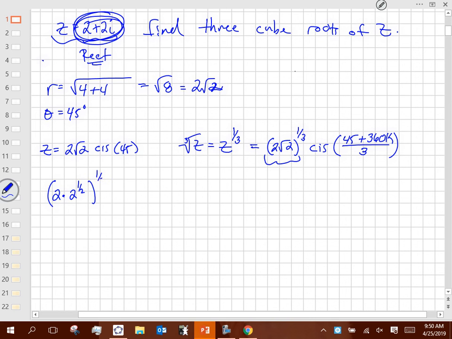And then I'm raising that to the 1/3, right? Does that equate to... now if I have bases and I'm multiplying, what do I do with these exponents? You add them, right? So does that equate to that? Now if you have a base raised to an exponent raised to an exponent, what do you do with those powers to a power? Multiply them. So it gives me 2 to the